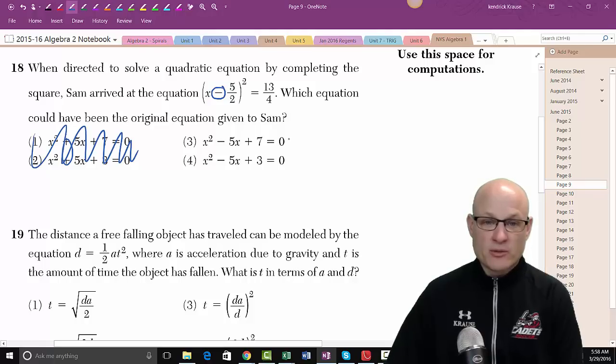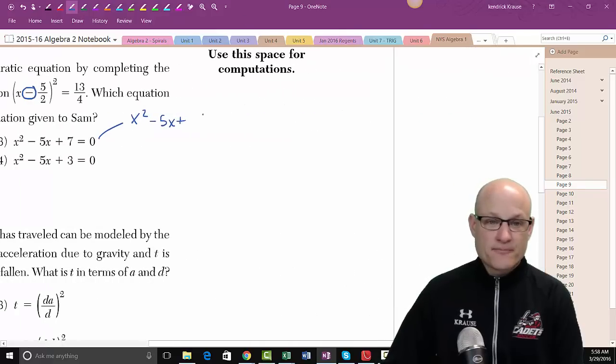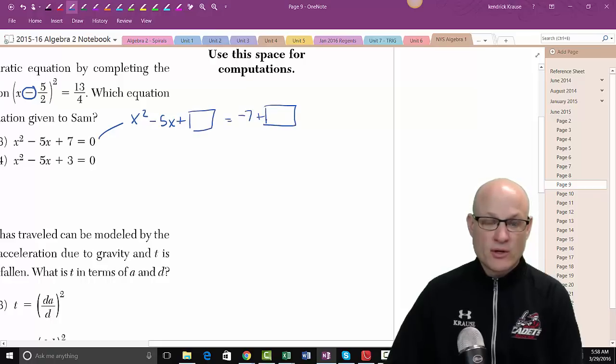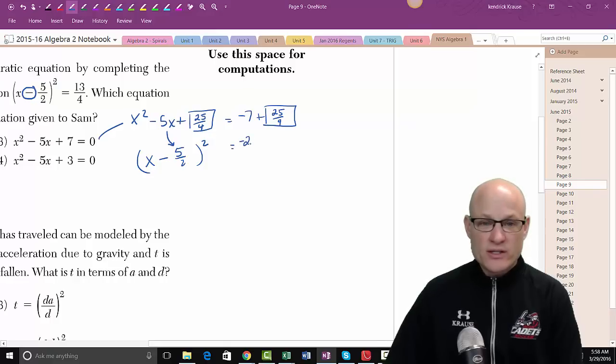I'm just going to pick one and do completing the square on it, because otherwise it would be kind of difficult. So x squared minus 5x plus blank is equal to negative 7 plus blank. If I was doing this, I would add, x minus 5 over 2. Remember, we're going to take half of it and square it. If I square 5 over 2, I get 25 over 4. So over here, I have to add 25 over 4. So this would be equal to negative 28 over 4